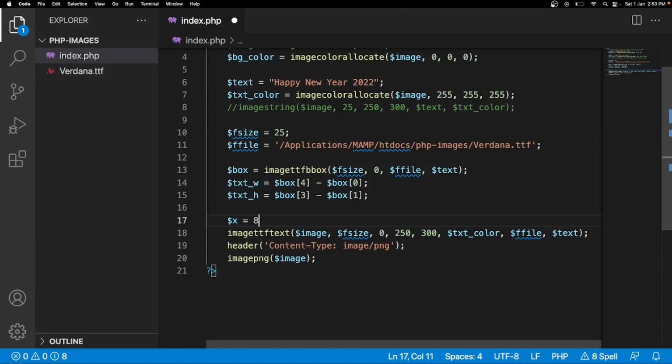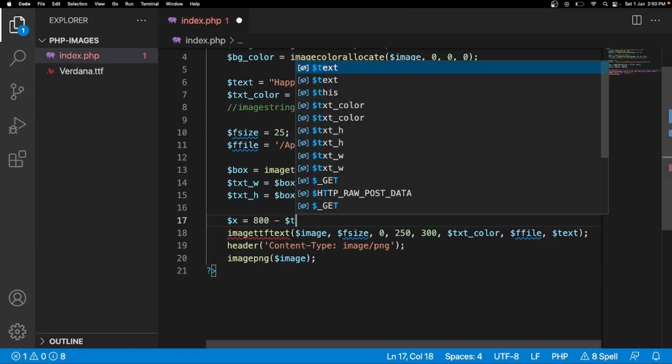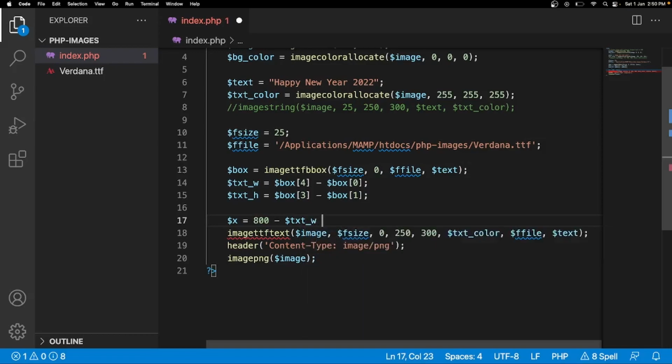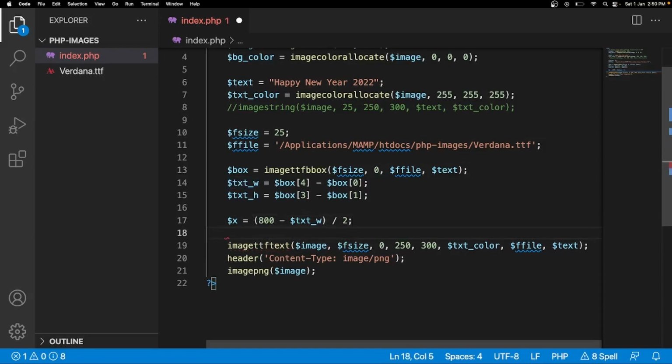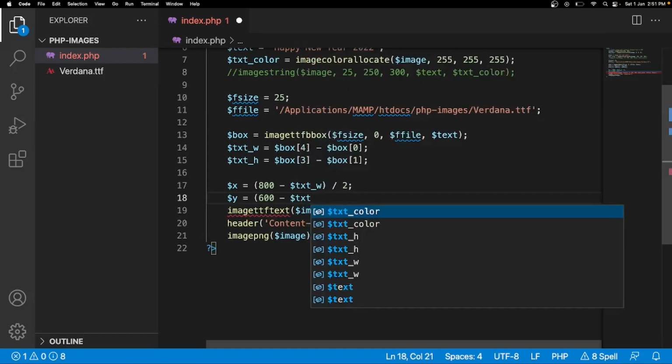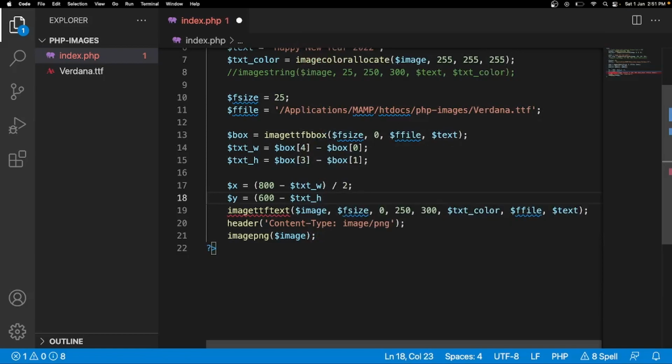So box size is for us 800 minus $txt_width, and if you divide it by 2, you can place it into parenthesis like this, so you will be getting the center value for X. And similarly $y equal to, do the same thing, 600, because we have created the image as 800 by 600, minus $txt_height, and if you divide it by 2, you will be getting the Y position.